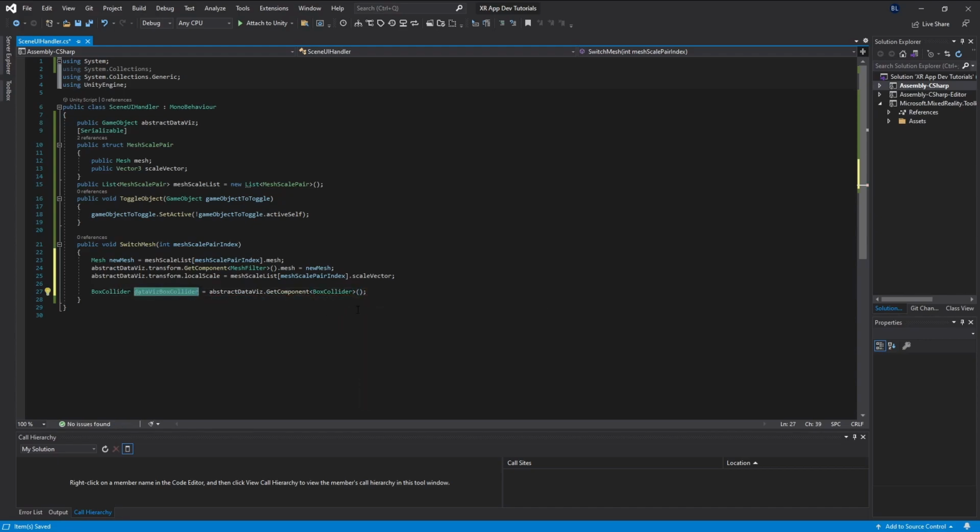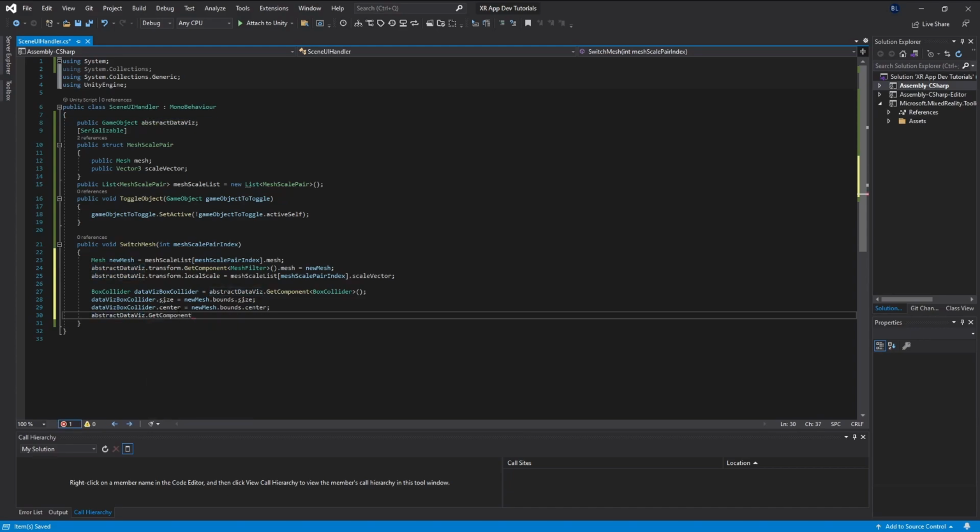Okay, so here all we need to do is simply update the size of the box collider to be the new meshes dot bounds dot size, and do the same thing with the center of the box collider. And if we simply ran the code here, we would see that the box collider would update, but the bounds control would not update. And so to make sure that the bounds control updates, all we need to do here is just do